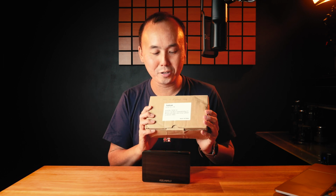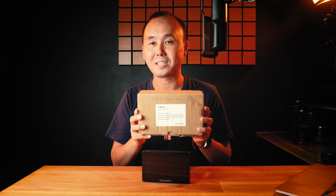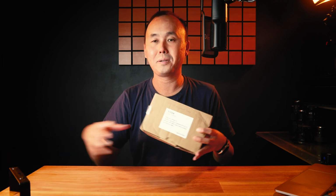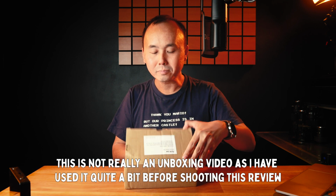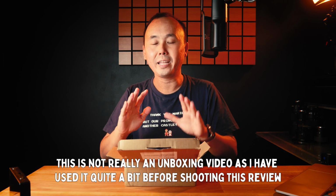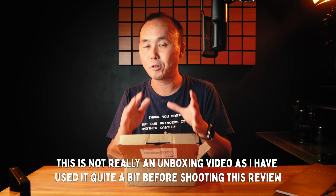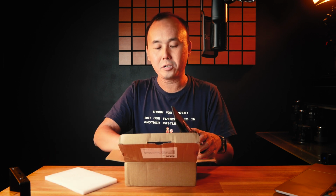I have to say the first impression wasn't the best. The box doesn't look too fancy, it looks pretty simple. But okay, let's open the box and see what's inside here. They have actually released two different cages for the Feelworld F6 Plus. They are basically the same one, but this one is a kit which includes the